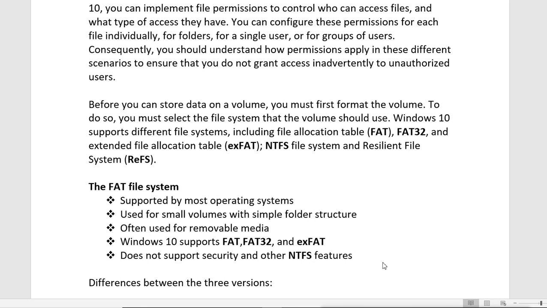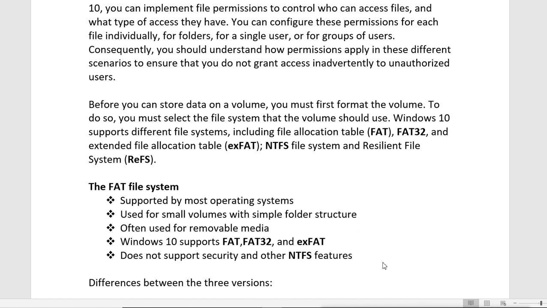Previously, in the old days, everyone was using FAT, but at that time no big volumes were available. No big hard disk was available, so it was for small volumes with a simple folder structure. It is also often used for removable media. This file system is still in use for removable media.